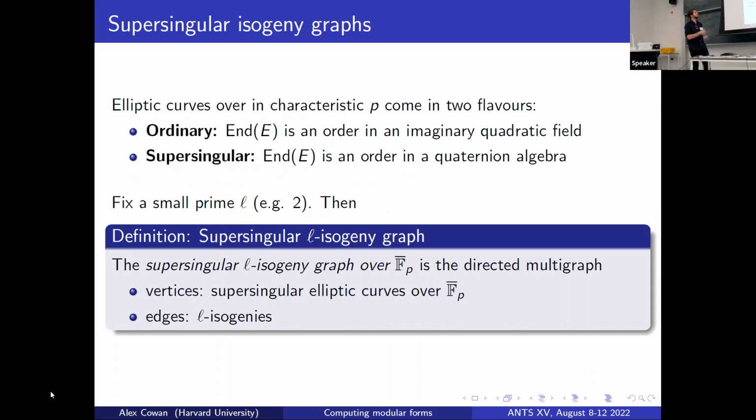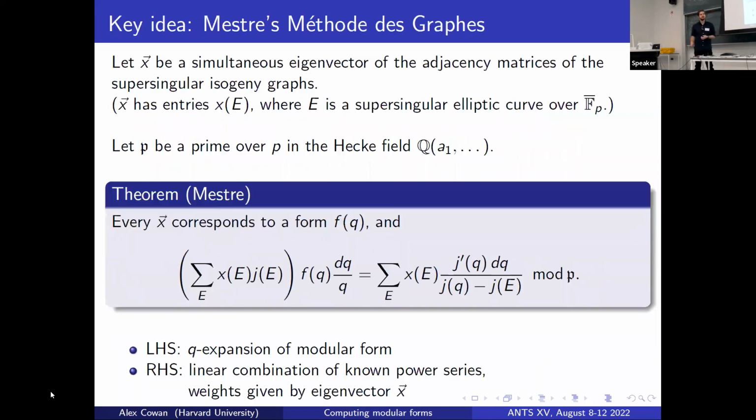So in a supersingular isogeny graph, you have a bunch of supersingular elliptic curves in characteristic p, and the edges are going to be ℓ-isogenies. For what I'm doing, ℓ is going to be 2 almost always. And with this supersingular isogeny graph,